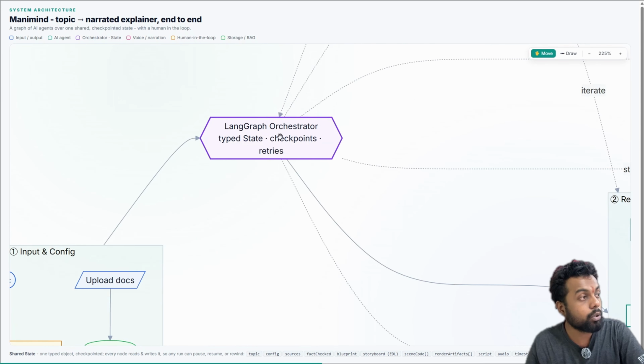Then this will go to the LangGraph orchestrator. You can also call it a supervisor. What it does is it supervises or manages. In a company, there are many people working on small things, but the managing director's work is to manage everything. So that's what the orchestrator does. It can pause. It saves different checkpoints, I mean, not the video, but the state will be saved.